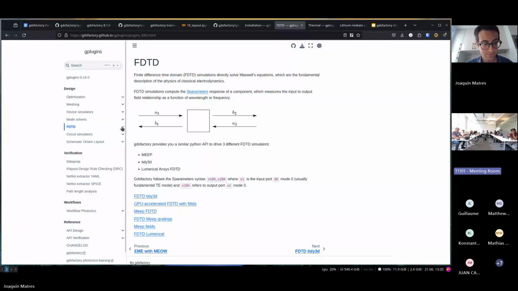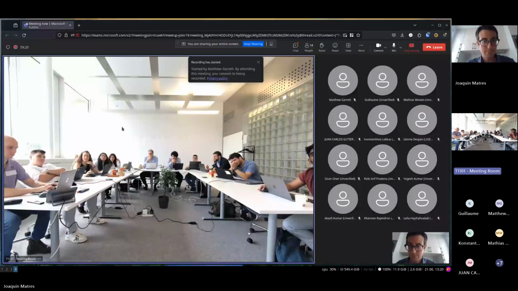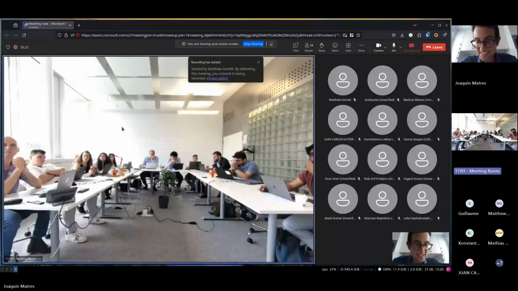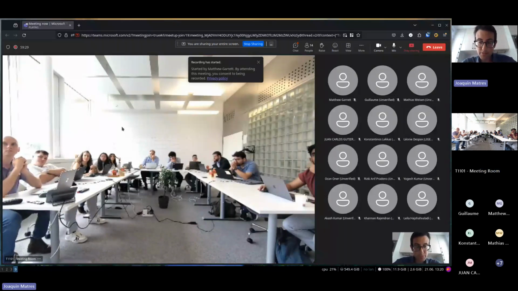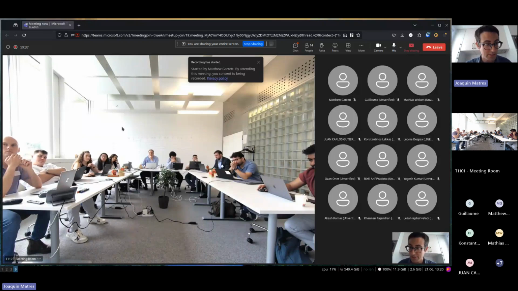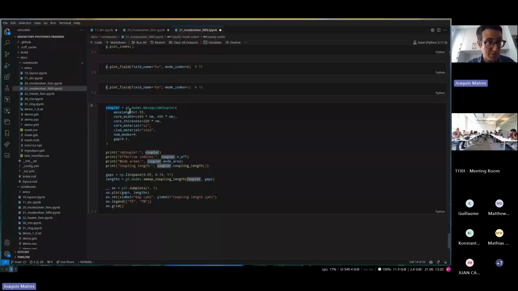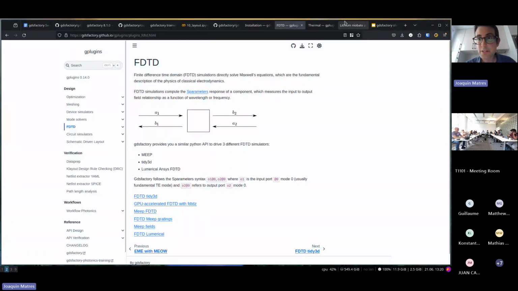How many PDKs come with the models already, or should people run the simulations themselves before being able to use SAX? So yeah, we are helping multiple foundries with SAX PDKs. So in gdsfactory, most of the PDKs include models, like the Cornerstone one I was showing. This is possible because if you go to the Cornerstone PDK,